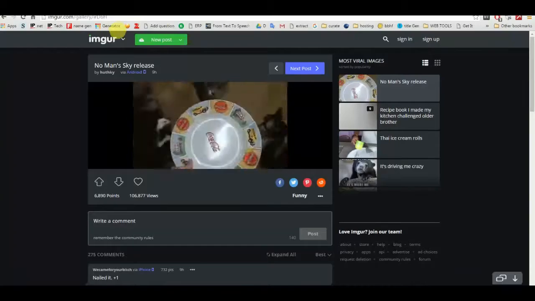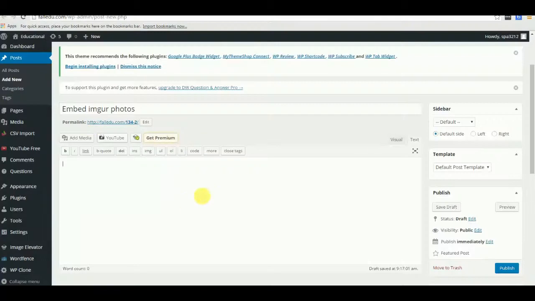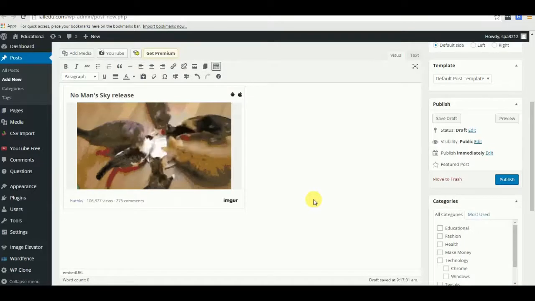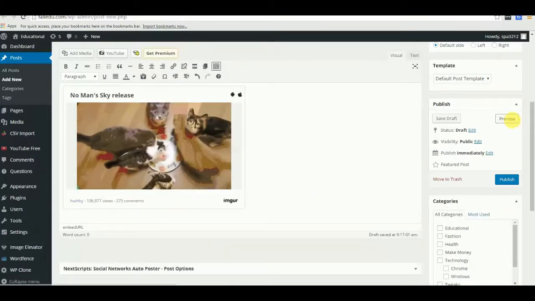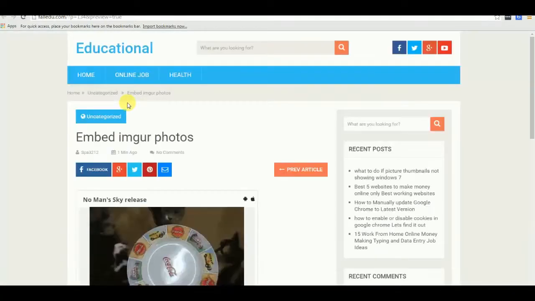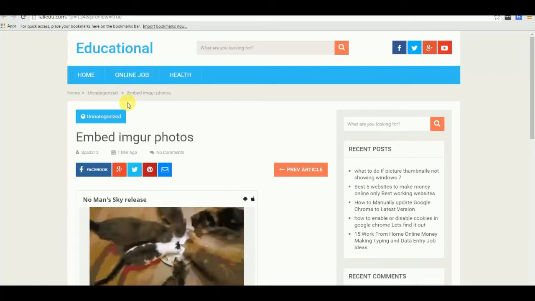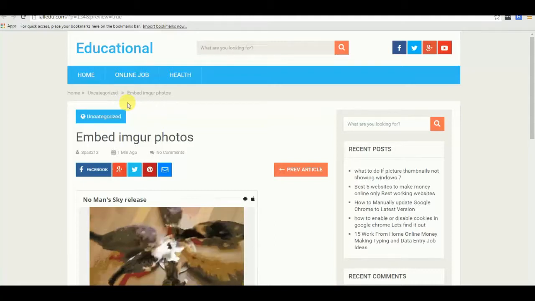So let's see the second method that you can use, which is to grab the URL of the post you want and paste it into visual or text as per you want. And here is the embed post. Let's see if it is perfect. Yes. So these are the two methods that you could use and embed